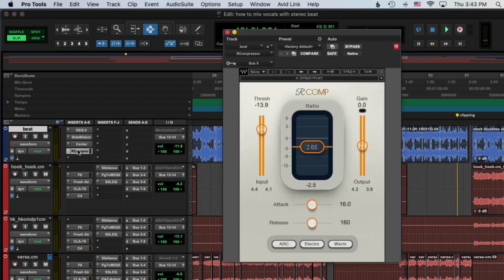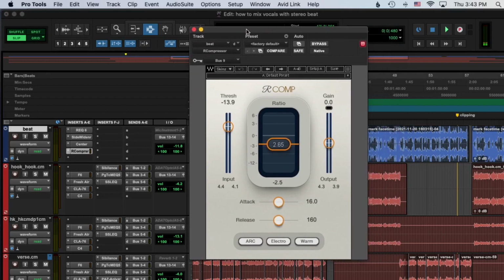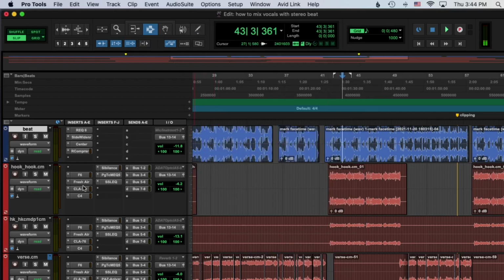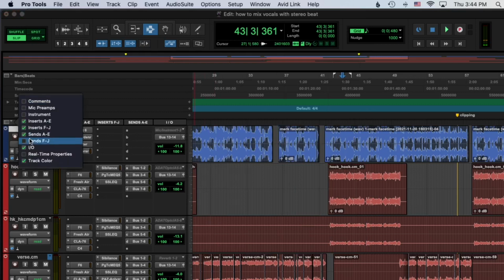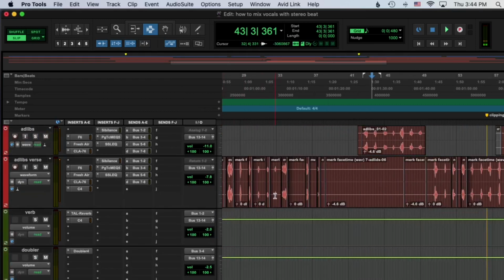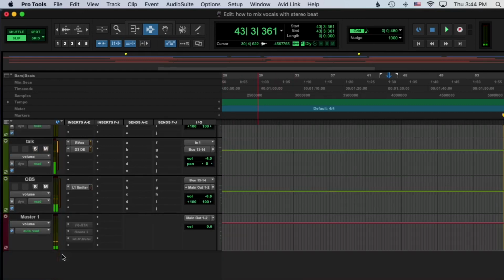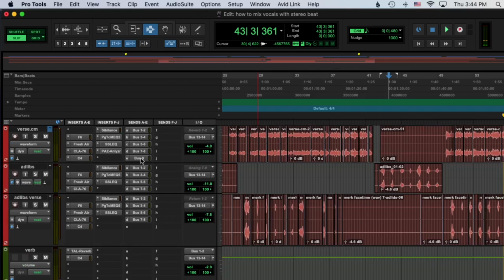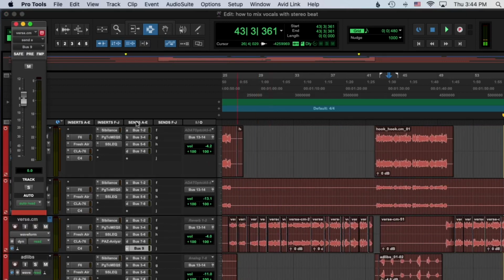So next, as you can see, I have a compressor on the beat, but it's not compressing the beat in a normal way. It's actually a sidechain compression. So what I'm doing here is this key input I have set to a bus. You just pick an open bus. I chose 9. Then from your vocal, let's see. Oh, it's on my all vocals. I've got all my vocals bus to one place, I think. Yeah. Oh no, I don't. So there it is. So on the sends, you will open up bus 9 on the